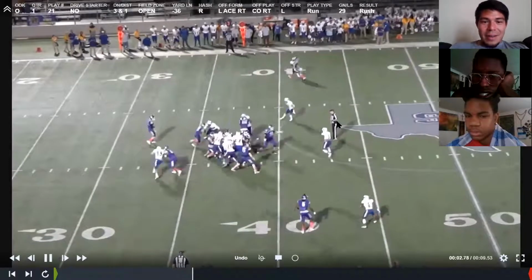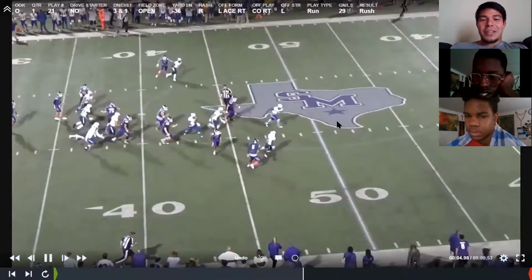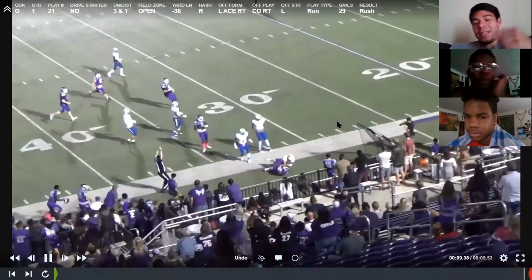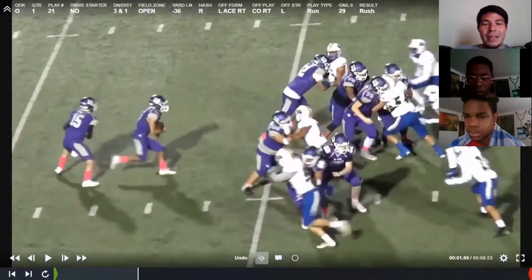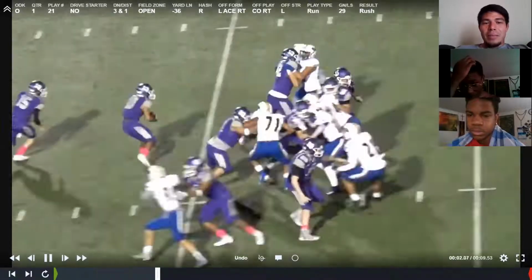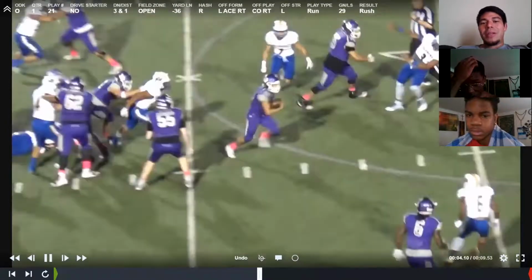This right here, again, that's the same play. And he's actually going to turn this into a pretty good gain. Again, like I said, he's a good athlete. In Shirts, that's the team that won district last year. So, again, this is going to be cut off on the left side, so it's cut off right. He presses the gap a little bit better before he makes that cutback. But the only thing you'll see, guys,